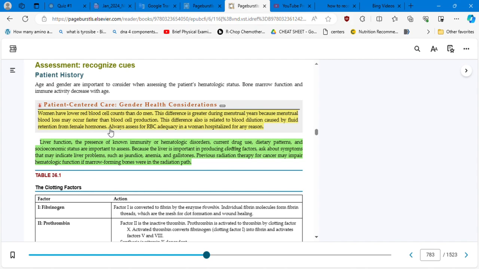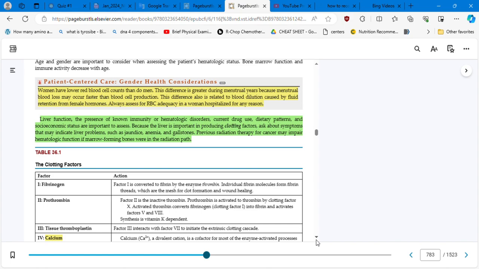And that happens a lot during the perimenopausal and menopausal ages. Women are retaining a lot of fluids, so the dilution causes this effect. Always assess for RBC adequacy in a woman hospitalized for any reason. Liver function, the presence of known immunity or hematologic disorders, current drug use, dietary patterns, and socioeconomic status are important